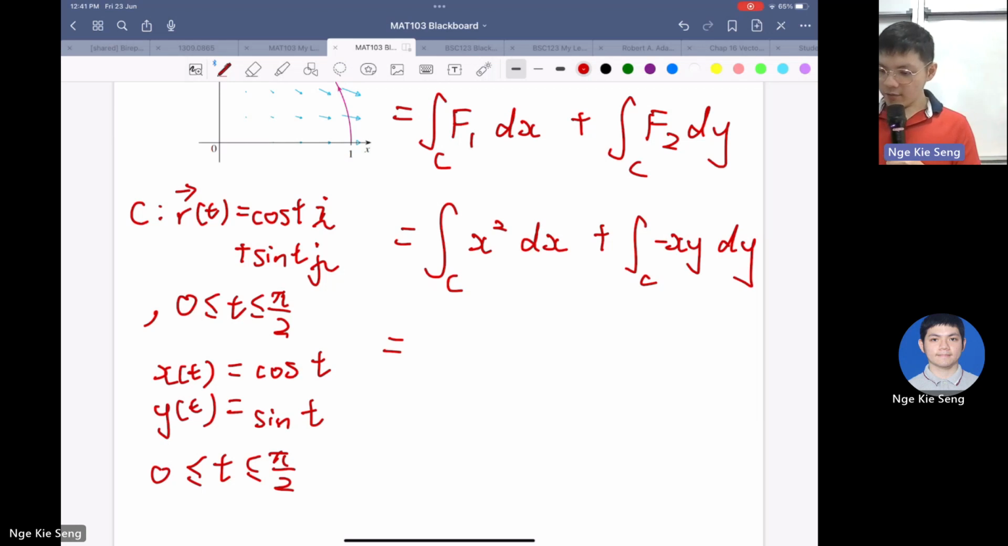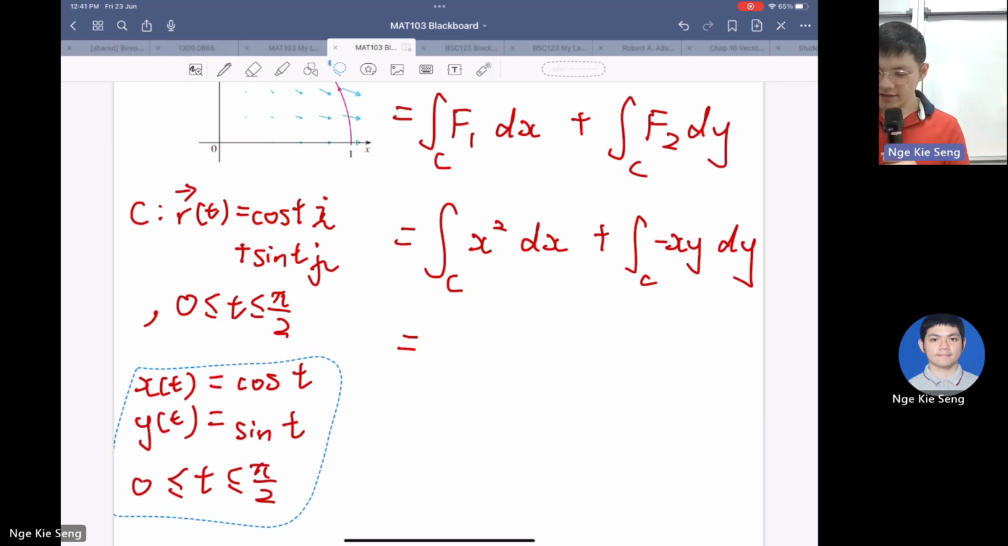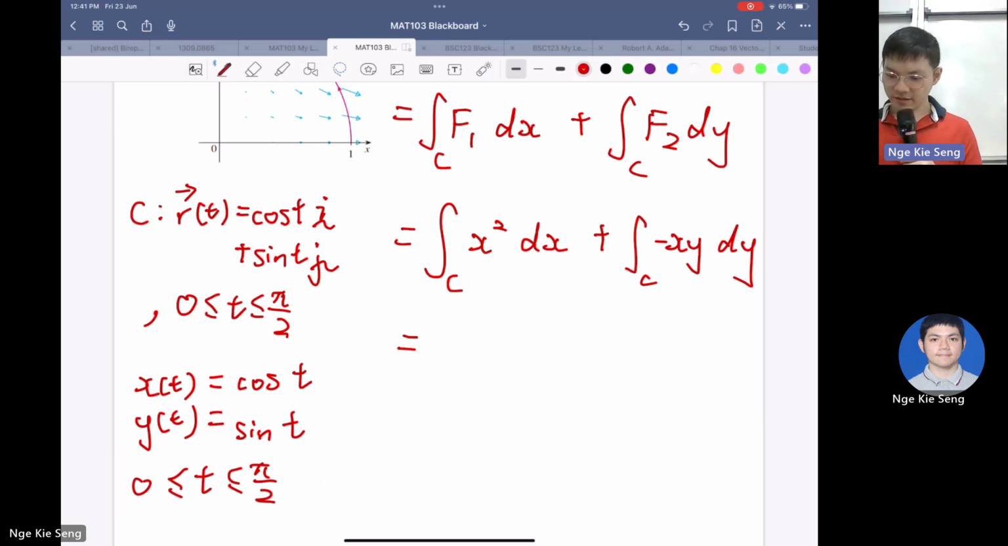What else? What ingredient do we need? Because this line is not straight, we need to have an extra factor of x'(t) and y'(t). So x'(t) is what? x'(t) is minus sin t. y'(t) is,